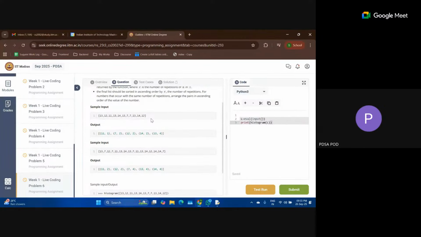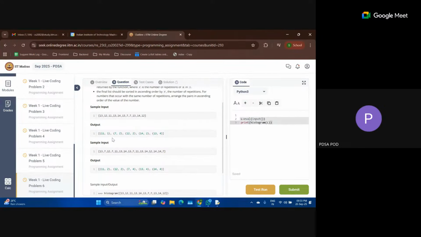This is the first part. The second part is you have to sort these elements according to this second value, the number of times it is getting repeated.